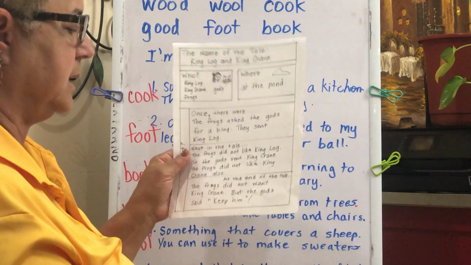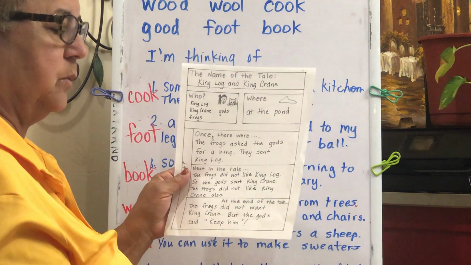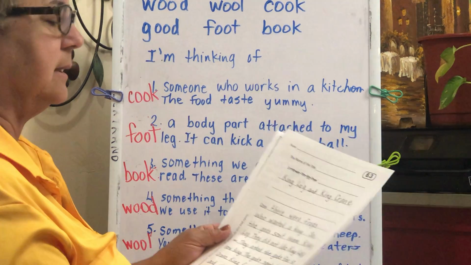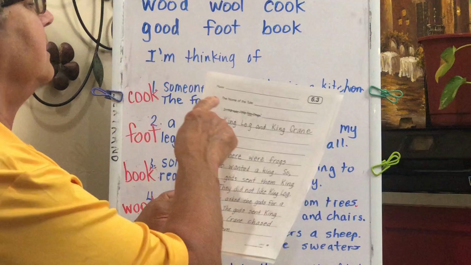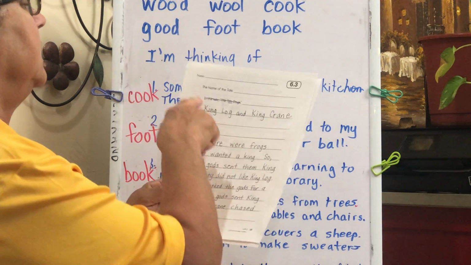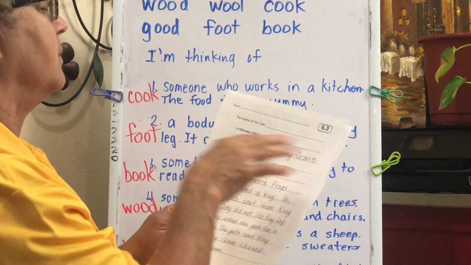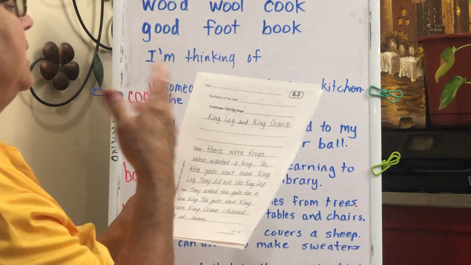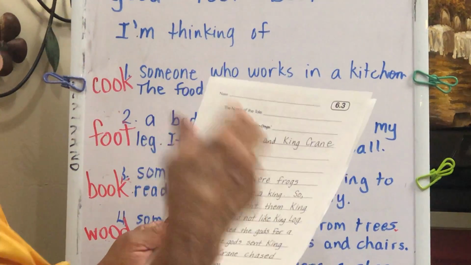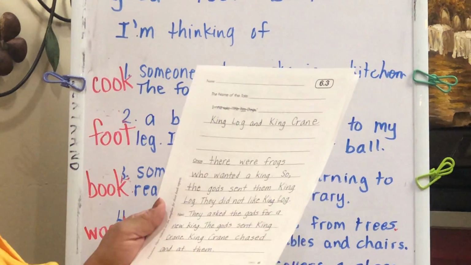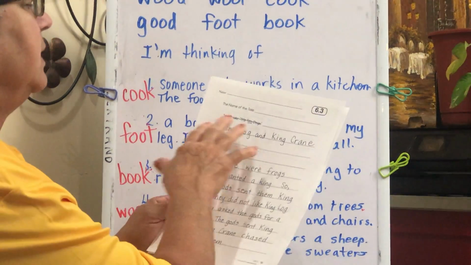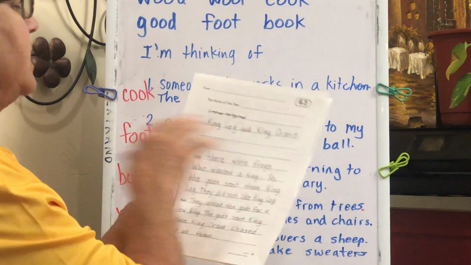And then once we did our plan, then we wrote our draft. And this one is a little longer. It has the name of the tale. In the tale, the two dogs, and you can tell what it was because I scratched this out, but you could say in the tale, King Log and King Crane, and then you could say something about it, but really you could leave this out and just put the title.